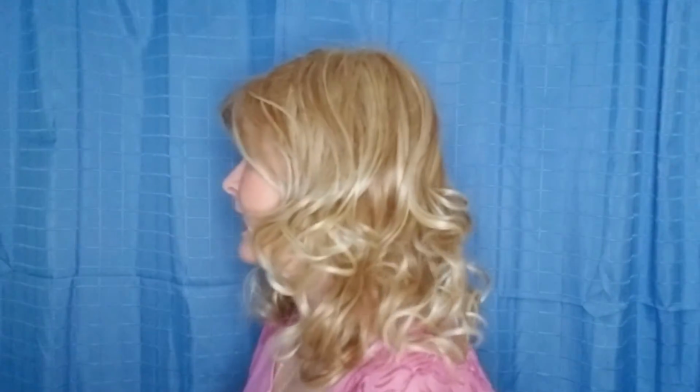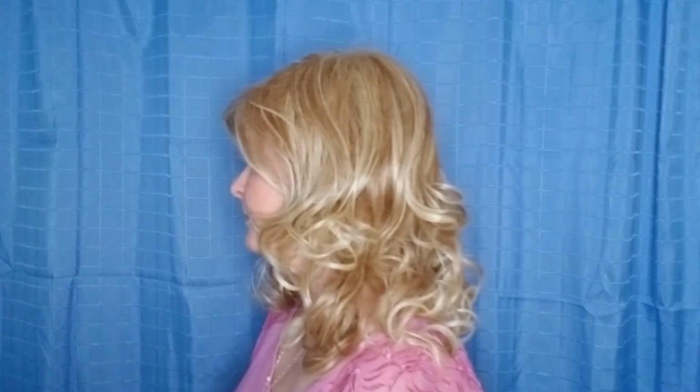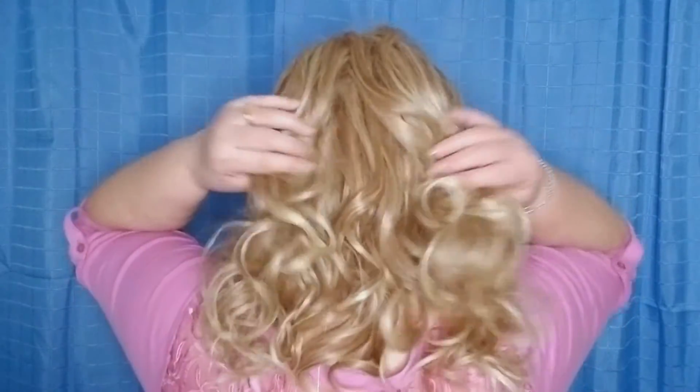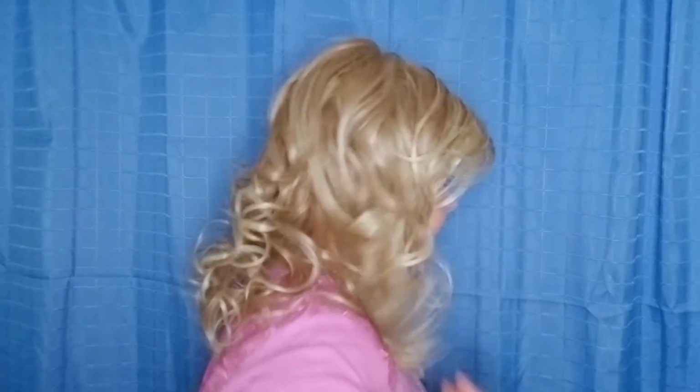In playing with this, I'm using my fingers right now instead of a comb so as not to snag things too much. I like the overall style. Now that I have combed it out a little bit with my fingers, I'll do another 360 so you can see this. So this is the left side, the back with the tag, right side,